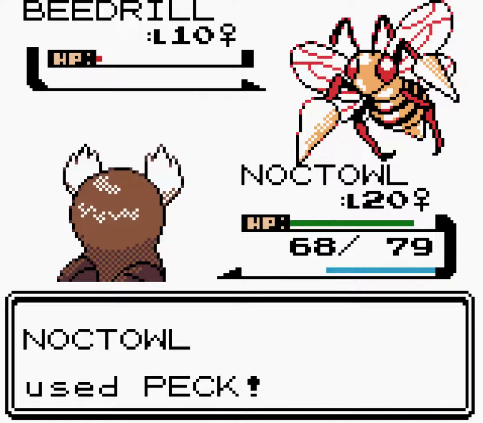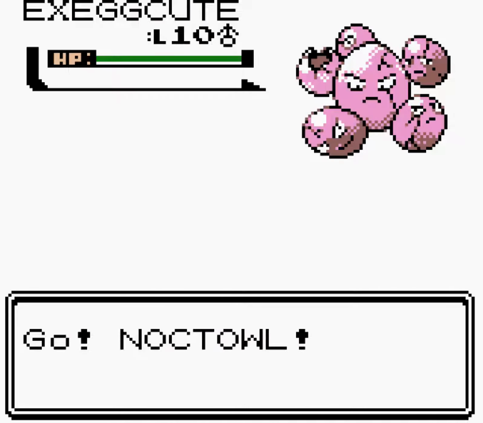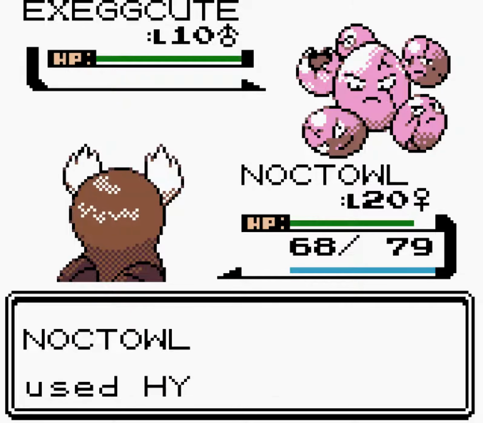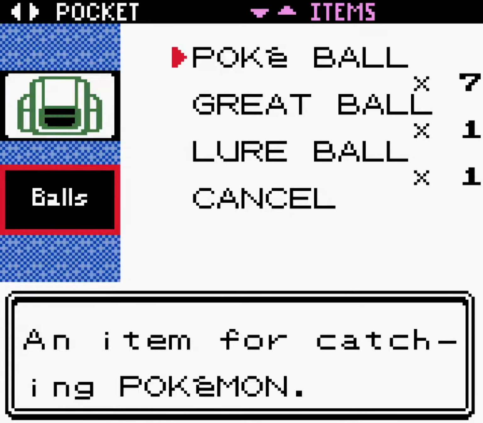Another Beedrill. Oh, and an Exeggcute. Okay, so we also get Exeggcute in these trees. These certainly were being put to sleep. Good thing it doesn't kill it. And now,